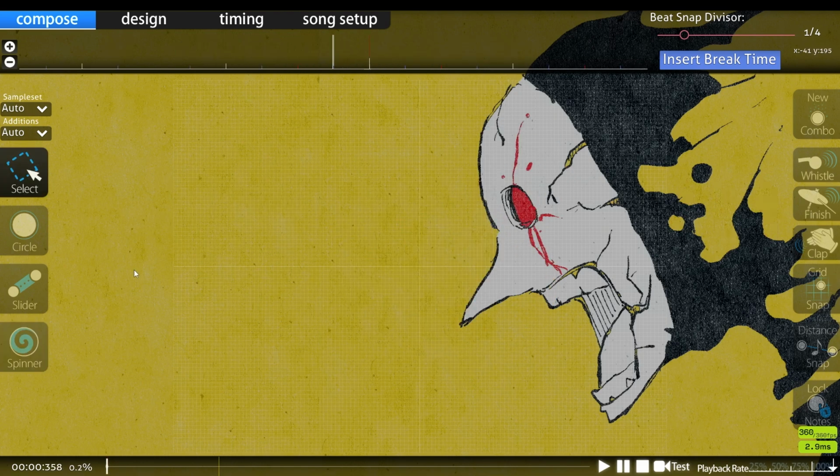What is going on? There are a lot of theories that come with mapping, right? Whether you should pattern things a certain way or song represent a certain way. Nope, no need for that. Just map however the song makes you feel, as long as you enjoy it. Right, you see,